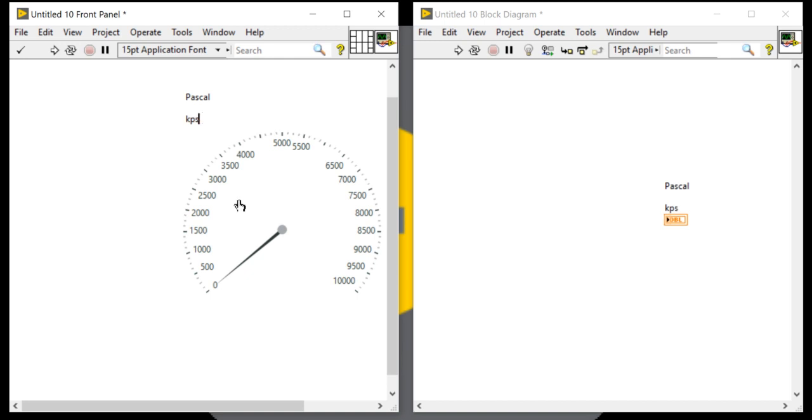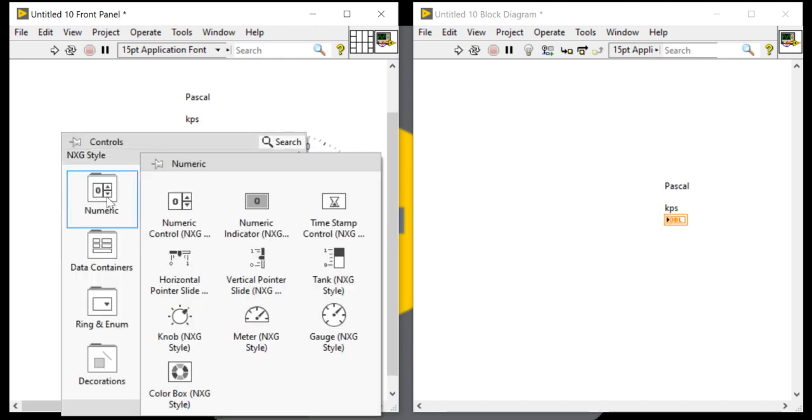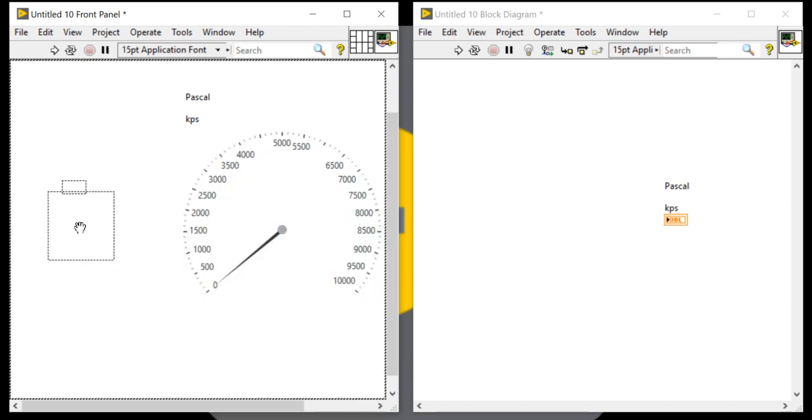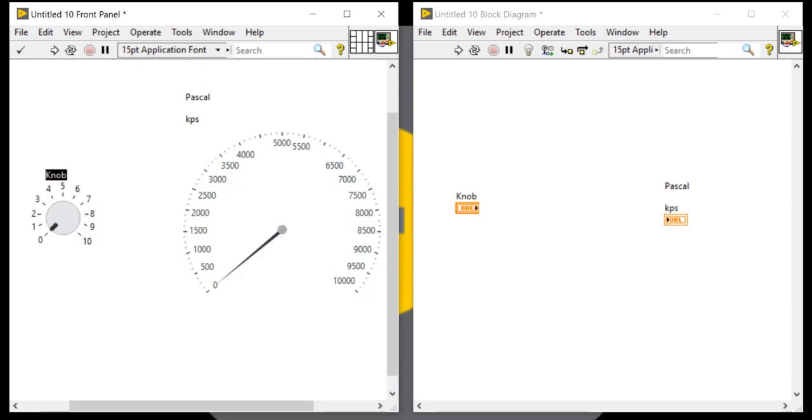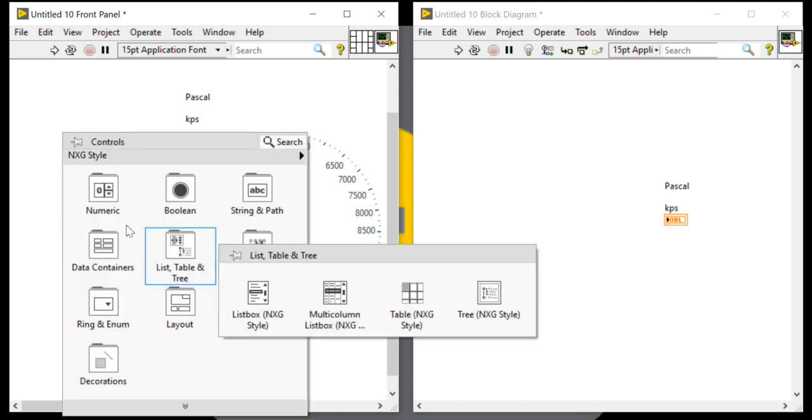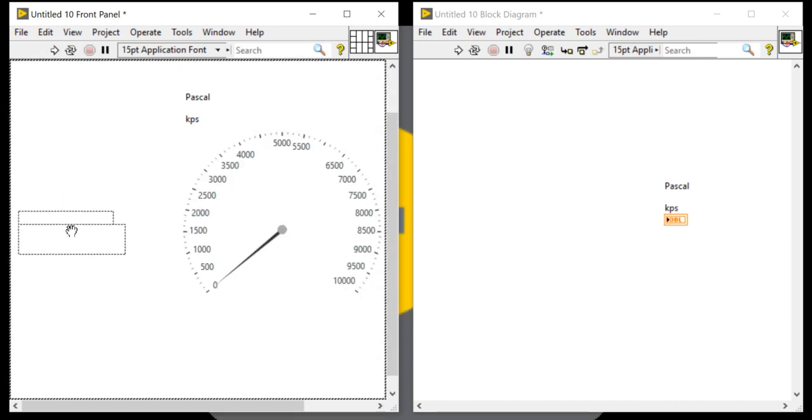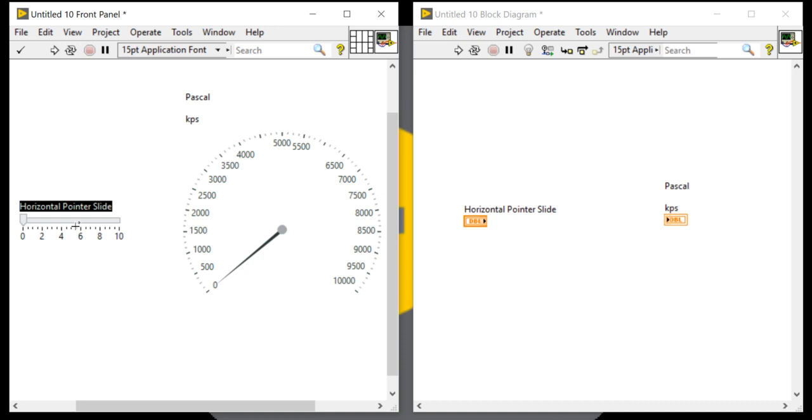kPa. Now for the input I can take this one. For the input I can take the knob to put the bar, or I can take the horizontal slider for the bar.